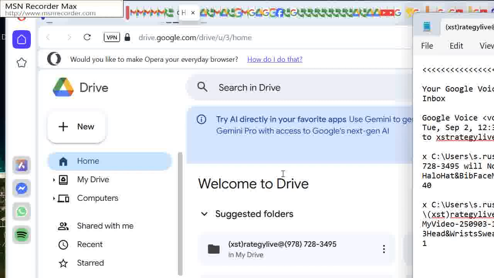So how many total copies of Audit Trail did I save so far of this X Strategy Live account? You have two copies of the audit trail for the X strategy live account. One saved personally and